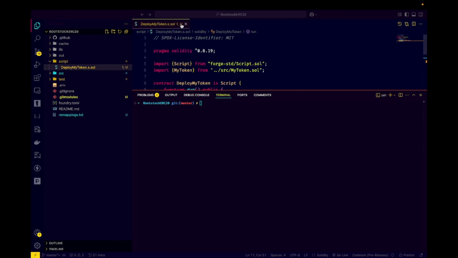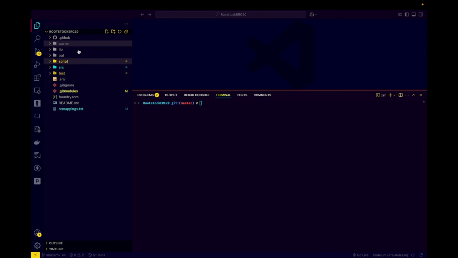So we have the deploy script, we have the test, everything we need. For that, let's run the command forge script for deployment. Inside the script folder, we have DeployMyToken.s.sol, and we have to pass the RPC